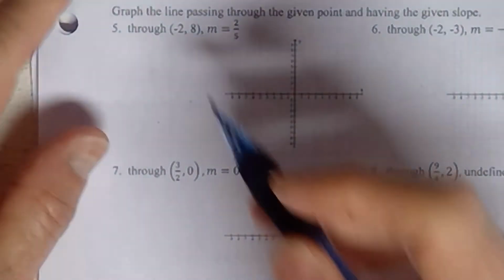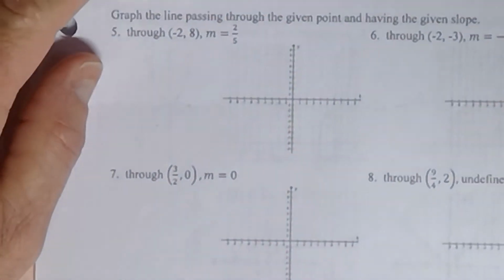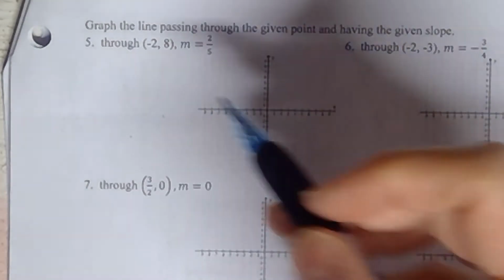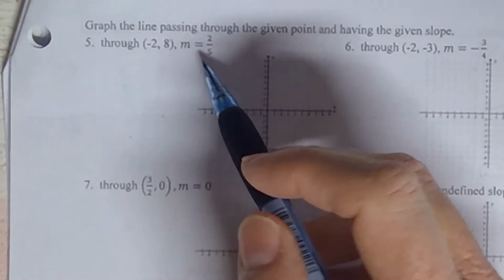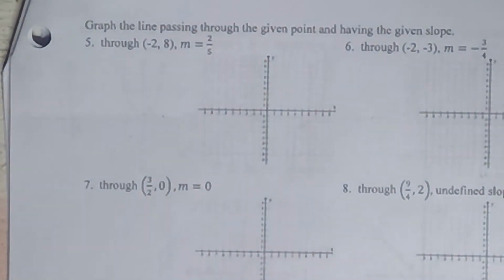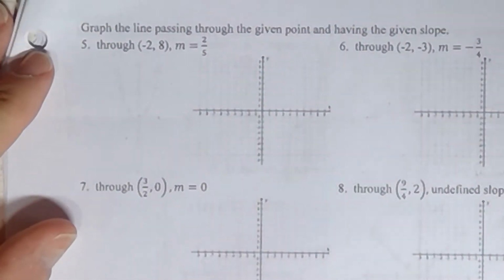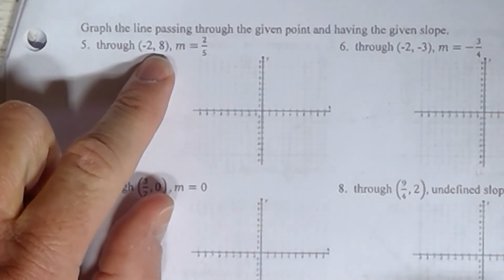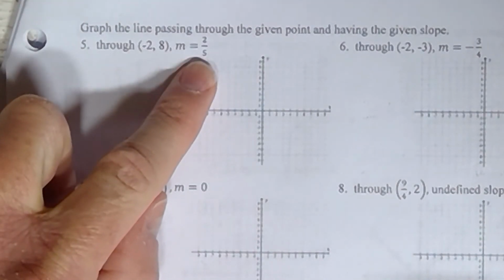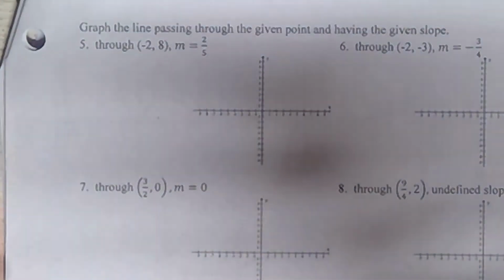Remember they're saying to graph it here, because you're going to see some problems in the next section where the information they give you looks similar to this, but you're not going to be graphing it. So just make sure you're reading the directions, okay? But what we do when they ask us to graph and they give us a point and a slope, what you do in that case is you